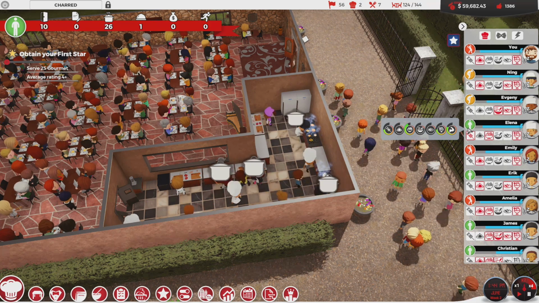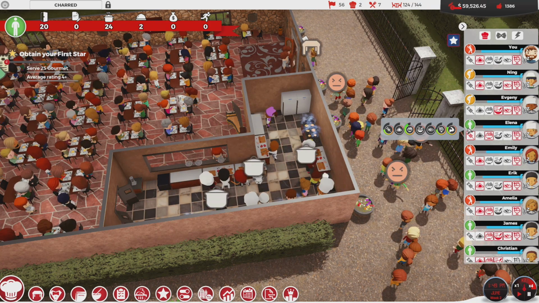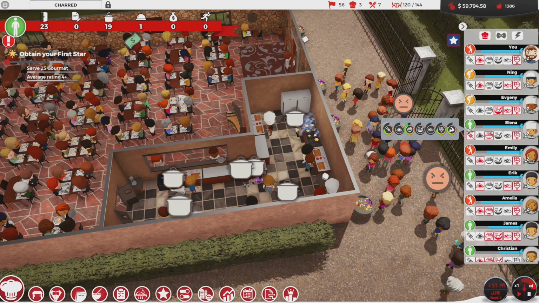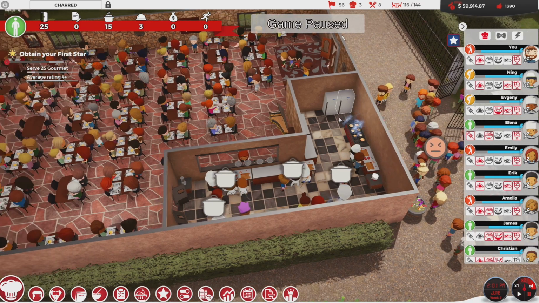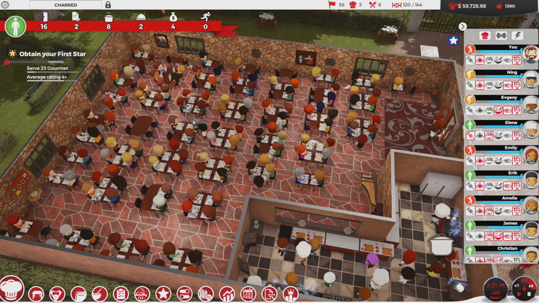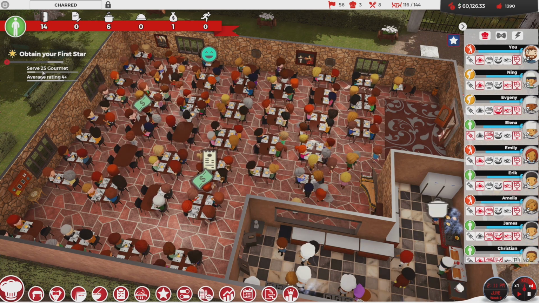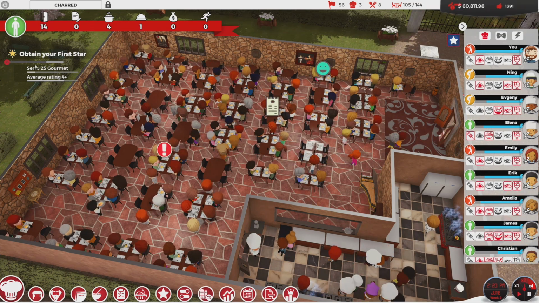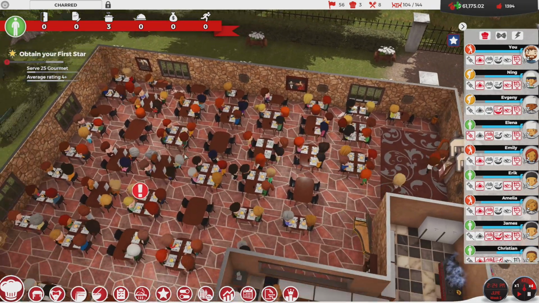So the next restaurant is going to be like, we learned from the previous one, and now we're going to do better next time, right? And that's great. I just missed this event because I'm letting it run really fast. But we have to serve 25 gourmet and get an average rating of 4+. I'm nervous about that average rating of 4+, because